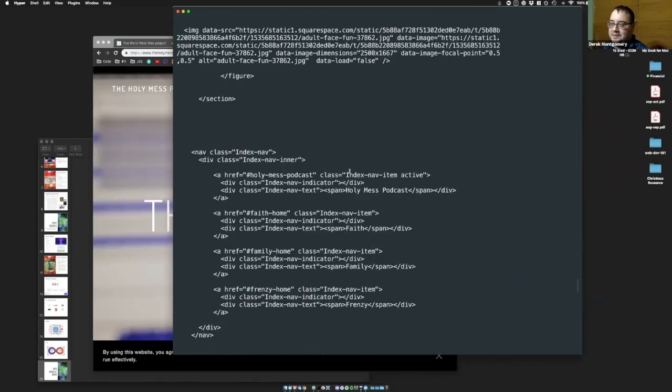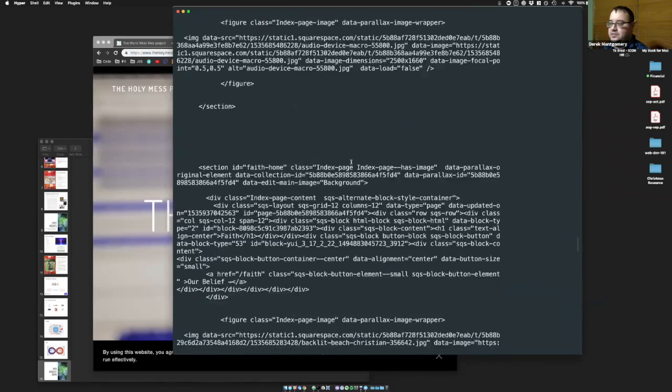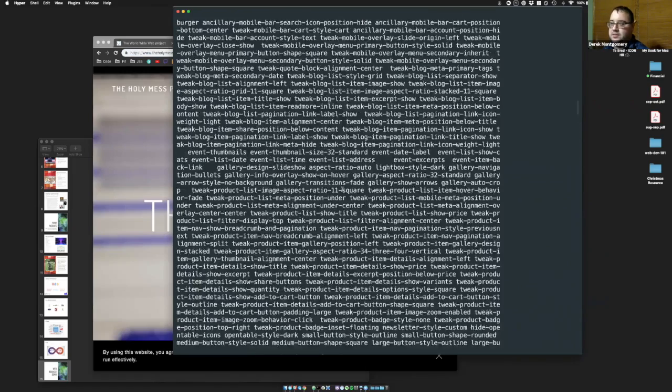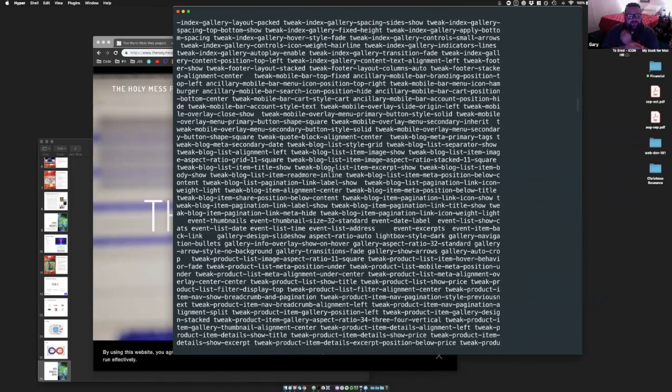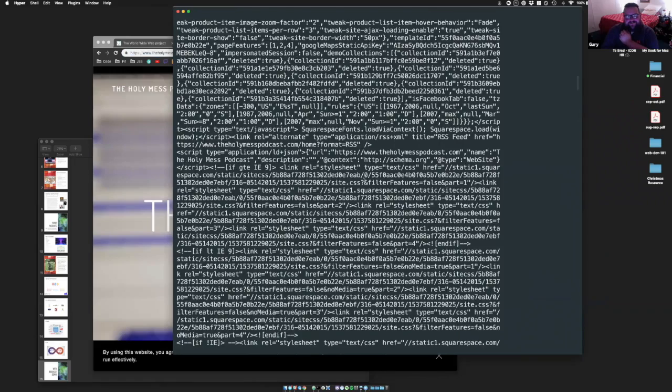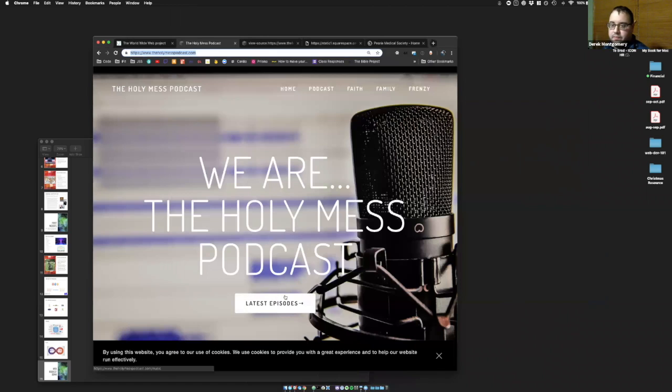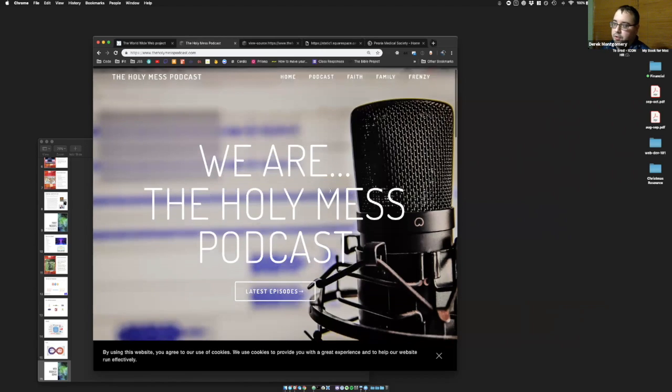Does this look familiar? This is all the code that we just saw on Gary's website: HTML, CSS, and JavaScript. Yeah, I didn't write that portion. So what this is doing is when you make a web request out to a URL, it returns that back, and then your browser, your Internet Explorer, your Firefox, your Chrome, whatever you use, sees that and it makes it look like this.